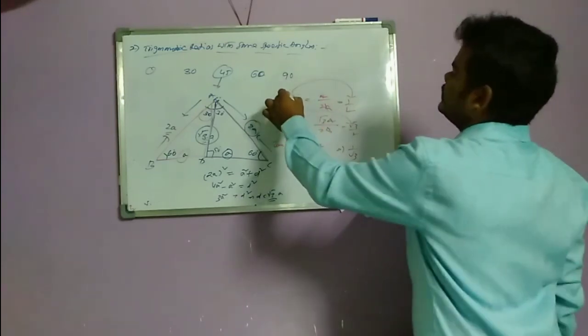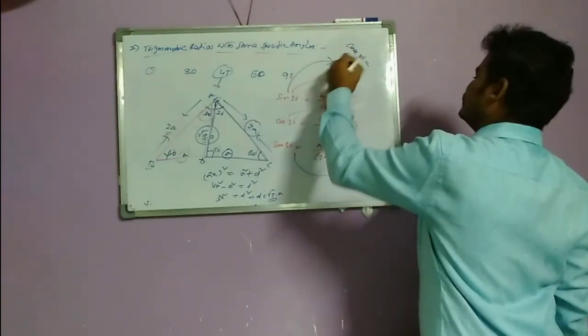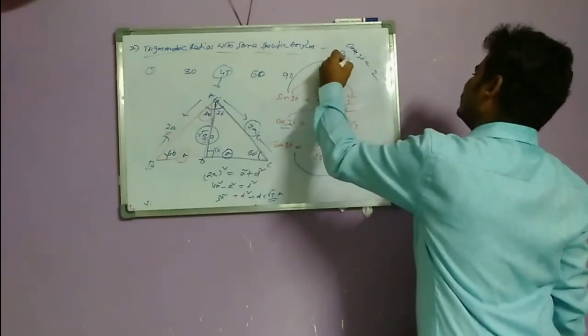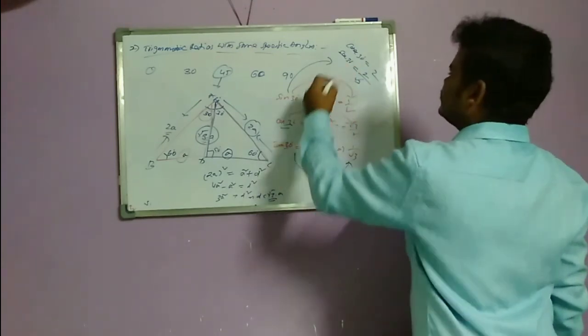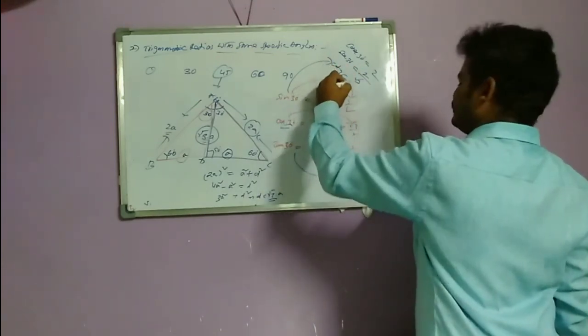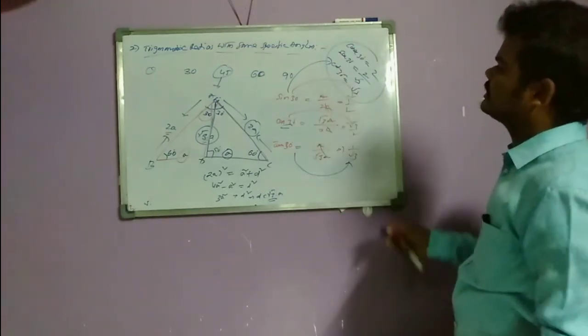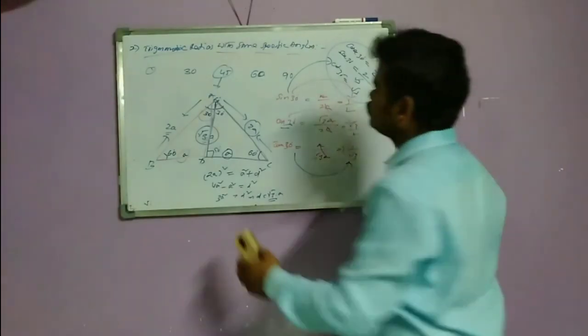What is the complementary of sin? Cosec. Cosec 30 value is similarly 2. What about cos? Secant 30. Secant 30 value is 2 by root 3. What about tan? Cot 30. Cot 30 value is root 3. These are the values of trigonometric specific angles. Now, the third topic is